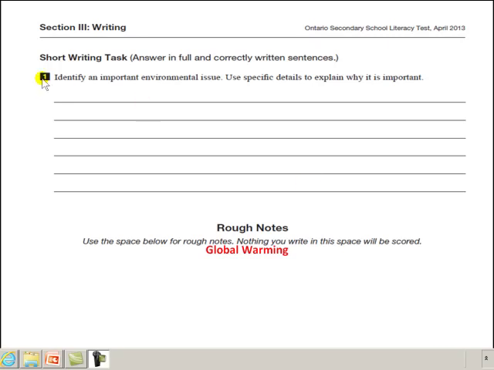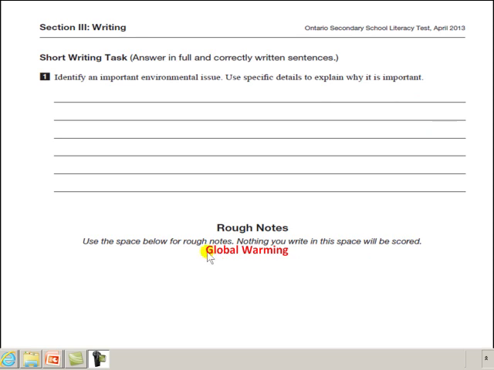Let's use another example to explain how we should write a supported opinion paragraph on the grade 10 literacy test. The task is to identify an important environmental issue and use specific details to explain why it is important. As you recall in the earlier example, the first thing we need to do is to develop a T-chart, and